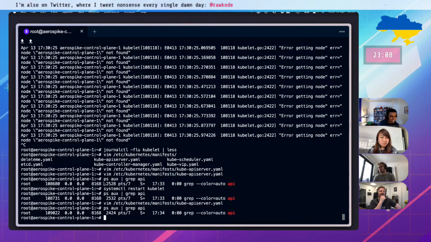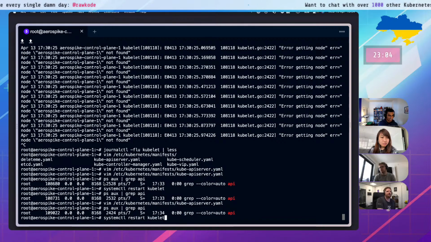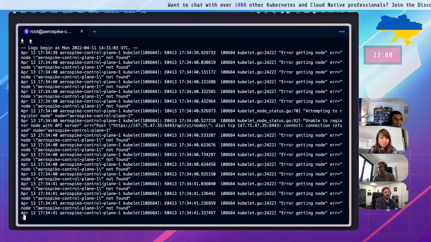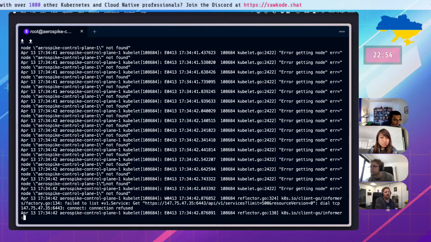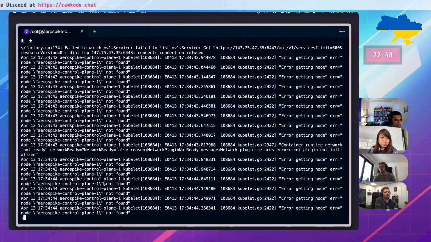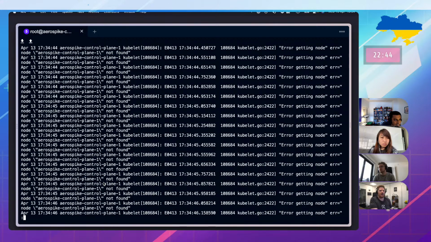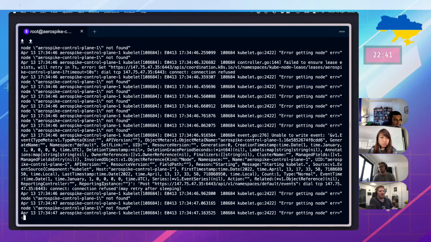Is journalctl still complaining? Or are the logs still complaining about any manifest or something? Well, it still can't talk to the API server, which is because the API server doesn't exist. Connection refused. But I don't see any other errors, which is good.